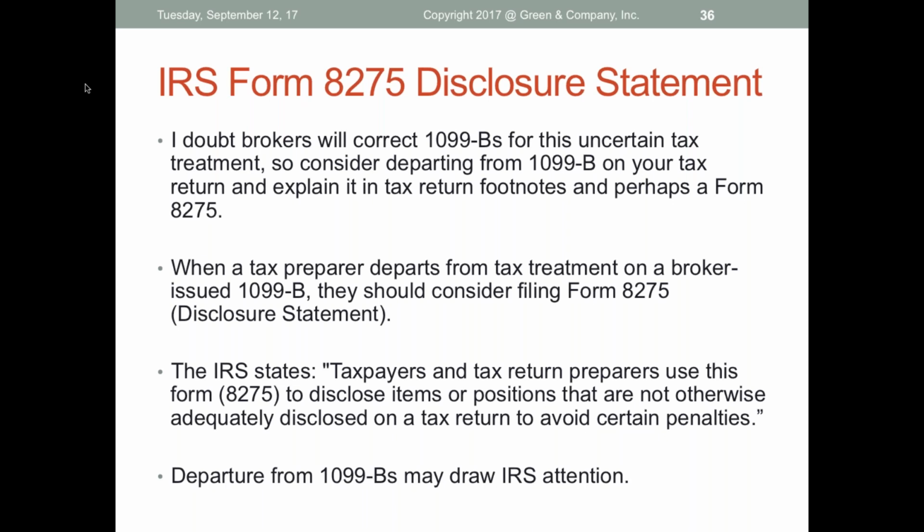When a tax preparer departs from tax treatment on a broker-issued 1099-B, they should consider filing Form 8275 disclosure statement. The IRS states on its website in regards to that form, taxpayers and tax return preparers use this Form 8275 to disclose items or positions that are not otherwise adequately disclosed on a tax return